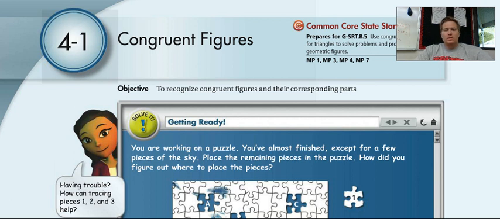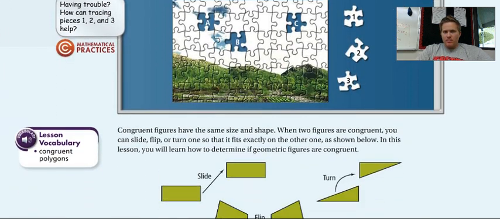Alright, welcome. So this is 4.1 congruent figures. Make sure you have 4.1 congruent figures at the top of your paper. Our objective today is to recognize congruent figures and their corresponding parts. Okay? Alright, so the first thing, you don't need to write this down, but let's take a look at this